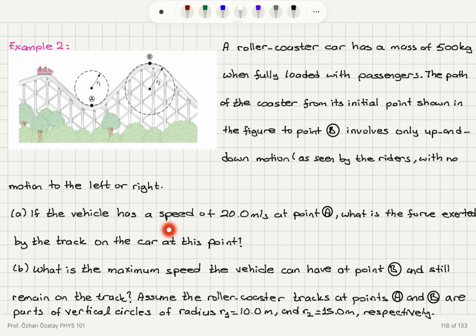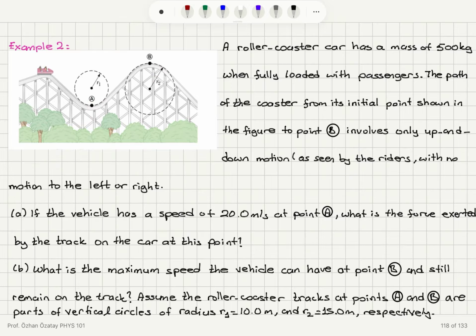If the vehicle has a speed of 20 meters per second at point A, what is the force exerted by the track on the car at this point? What is the maximum speed the vehicle can have at point B and still remain on the track? So, on the verge of losing contact with the track. Assume the roller coaster tracks at points A and B are parts of vertical circles of radius 10 meters